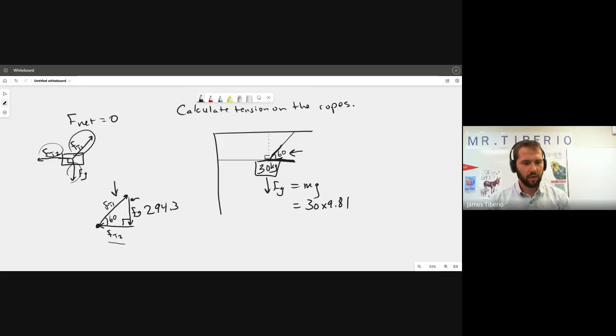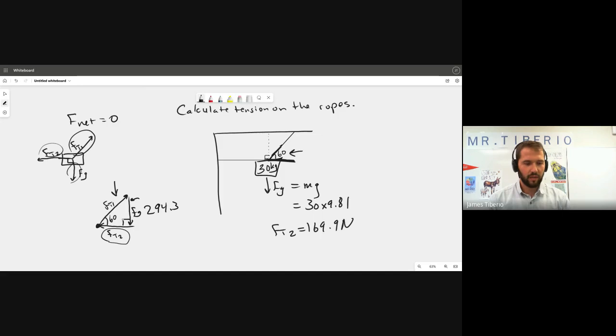So if we wanted to figure out force of tension 2, we know that that would be a tangent function. And so tan 60 equals opposite over adjacent. So 294.3 over force of tension 2, multiply that up, divide that down, and so we get 294.3 divided by tan 60. And so force of tension 2 now equals 169.9 newtons. Perfect. And then we can do the exact same thing to figure out force of tension 1,